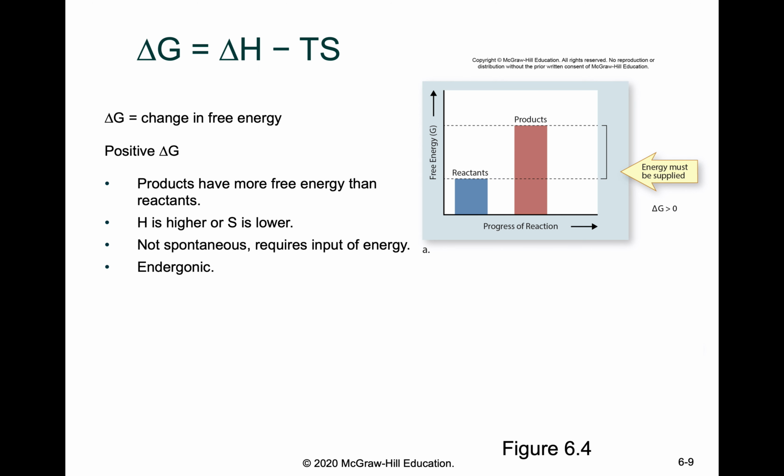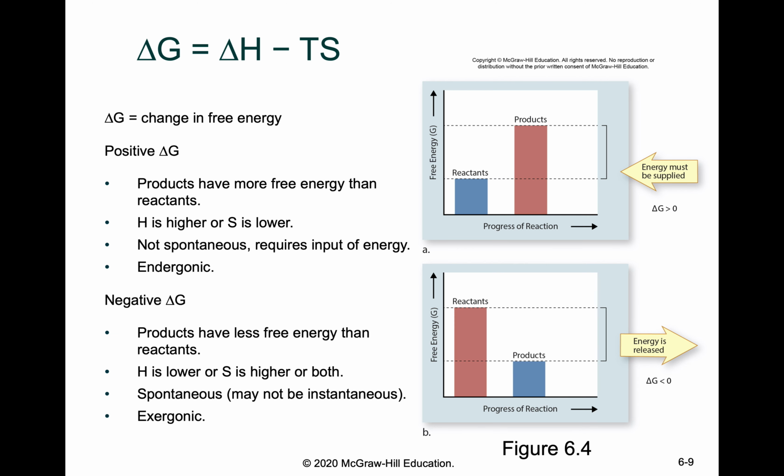Conceptually, if we think about that, it makes sense. To go from reactant to product, you need some sort of energy boost to get you from the reactants down here to the products up here. So you need to add energy into the system, meaning your delta G is positive. The opposite would be a negative delta G, where the products are actually lower energy than the reactants. And you could imagine you don't need energy being added to the system to drive that reaction.